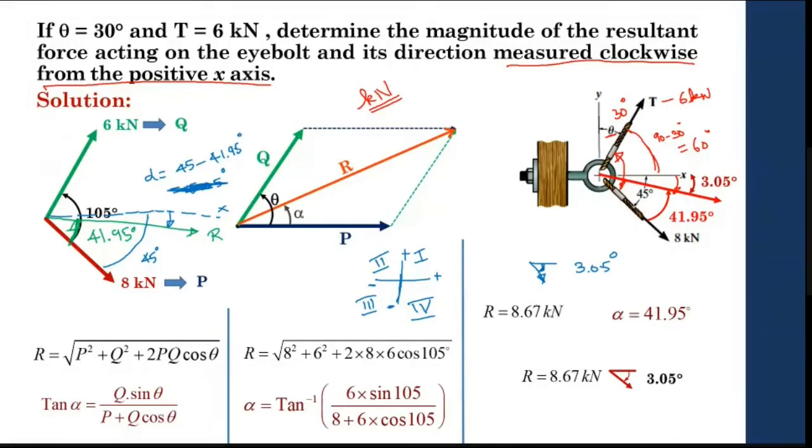Sir, in the fourth quadrant, the tan is minus. No. Don't confuse it. Usually the measurement is anti-clockwise. Right, we measure in clockwise. You don't get confused in that. Okay? So just mark in which quadrant your force is.